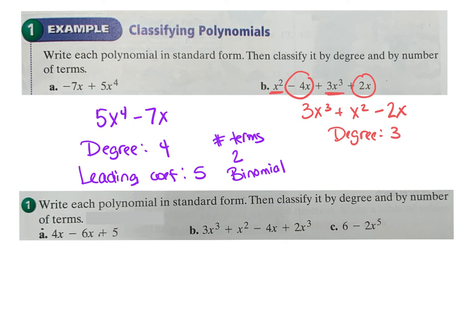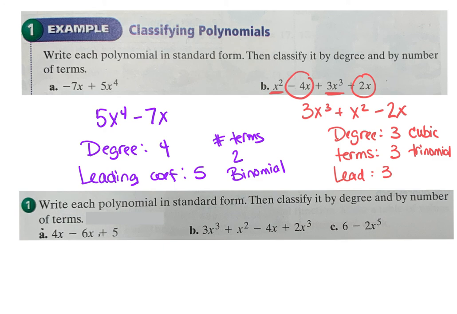It has, so this is going to be a cubic function. It is... terms. Once I've combined them, you can see I only have 3 terms. So this is a trinomial. Leading coefficient, if I wanted to do that, is 3 as well. All right, so you want to make sure it's in standard form, highest to lowest, and that you've simplified it,